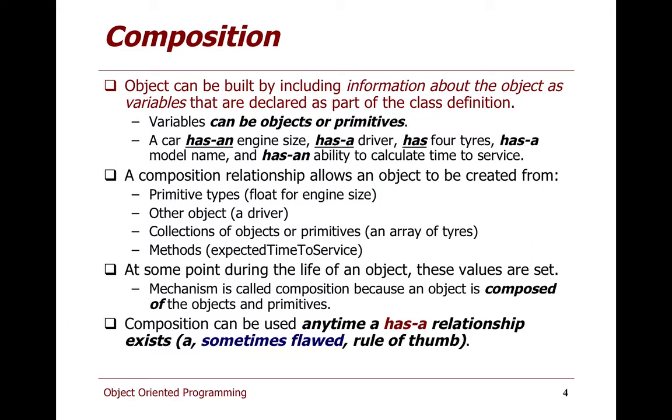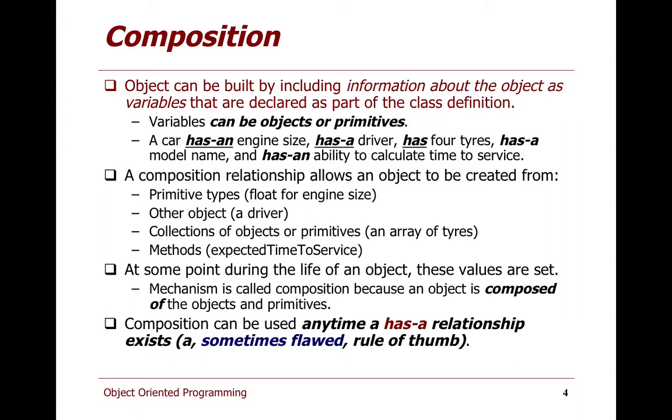You notice that we're using the word has quite a lot, and this is the rule of thumb that we apply to denote whether or not the relationship between two objects is one of composition. It is known as the has-a rule. We might say, for example, a student has an ID, a student has a course, a student has a set of books, a student has a study routine. So this denotes that really the form of reuse we're talking about here ought to be one of using composition, one of the 4 forms.